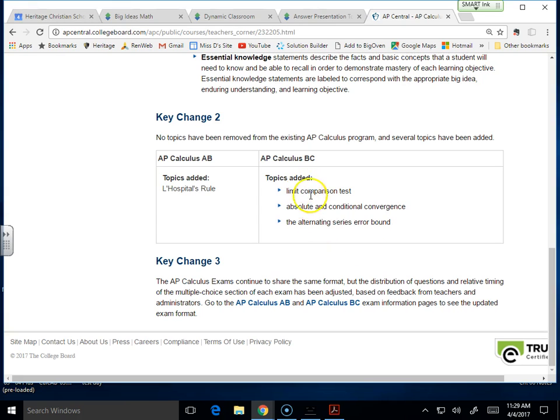Anyway, those are the only 3 that they say are added. So there might be an added emphasis on these 3. I wanted to show you guys these 3 because this is what they're saying weren't really covered on the test, but now they are. And then last but not least,